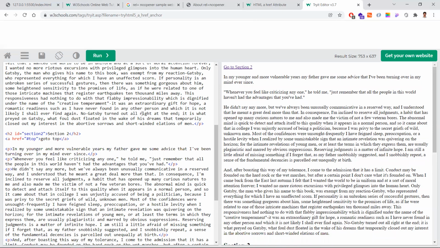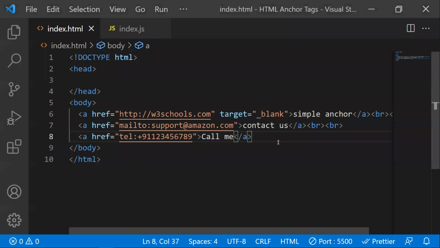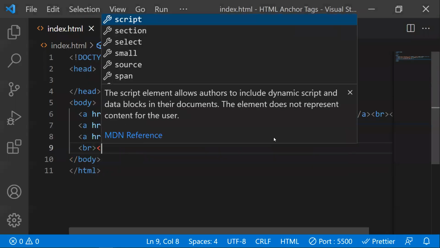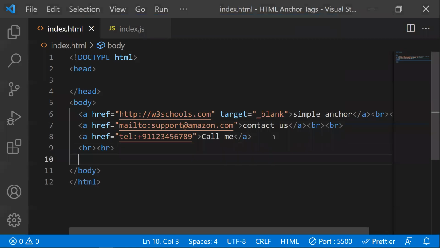So this is also another best use case. Also, you can run your JavaScript code as well. For that, what you need to do? Let me take one more anchor tag. You want to run the code, so you can take href here. You want to run a JavaScript function here. For that, you need to mention JavaScript and colon. After keeping JavaScript colon, whatever you write is JavaScript code. So I'm writing like this.